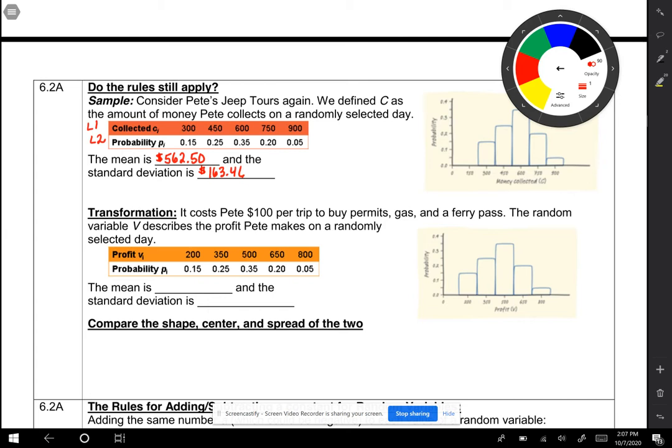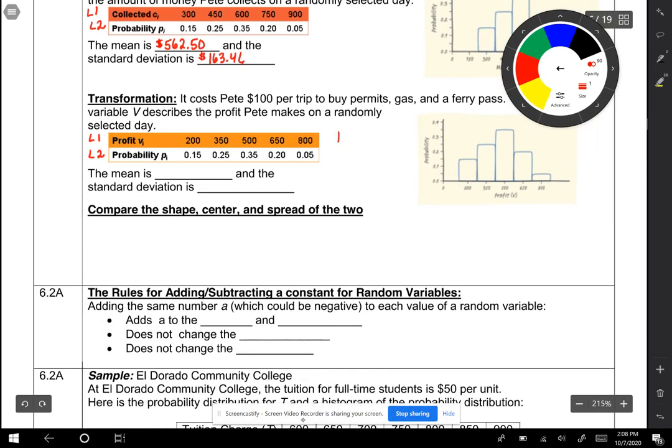So $300, because it's $150 per passenger, and you deduct $100 for each trip. If you put this in list 1 and this in list 2 and use your one variable stats, you end up getting the mean is $462.50, and the standard deviation would be